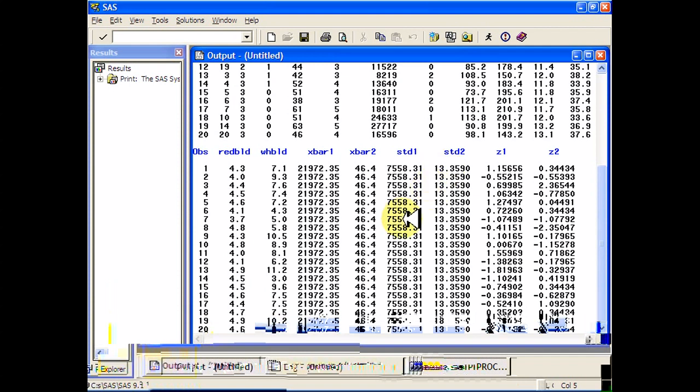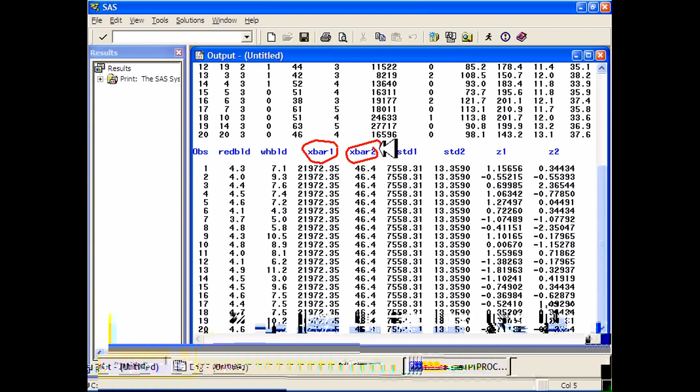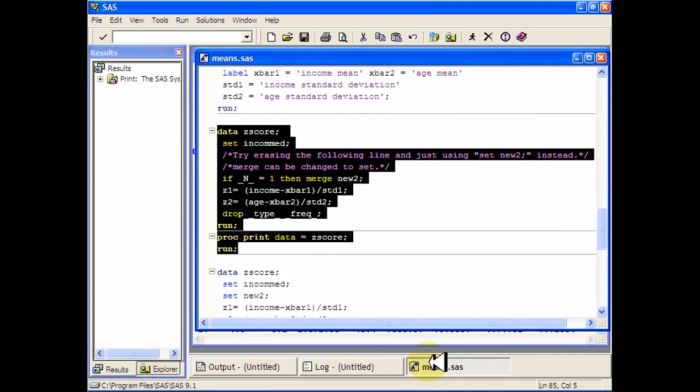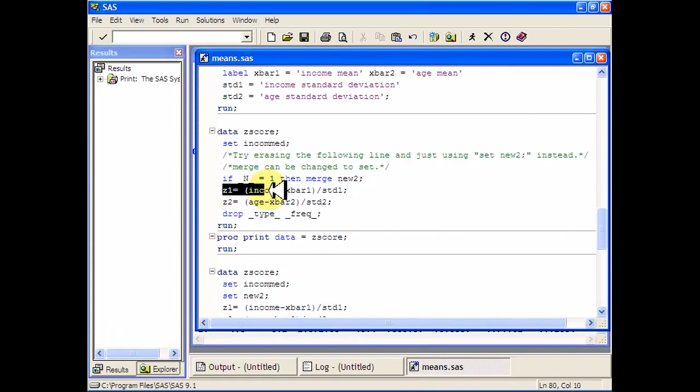See what happened? I brought in the xbar1 and the xbar2, the means for the ages, and this was the income variable, and I put it in the entire data set, so I made this big old copy of it. And that's exactly what I wanted to do. And then you can do other math with it. For example, I created this z-score